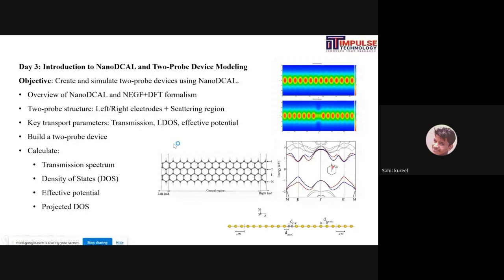RESCU is generally used for materials only, but NANODCAL is used for both materials and devices. What transport parameters can you actually calculate? Transmissions, local density of states, effective potentials. You can build two-probe device structures in here, but you can also create six-probe device structures. We can calculate transmission, density of states, effective potential, projected density of states, and various properties like IV curves,